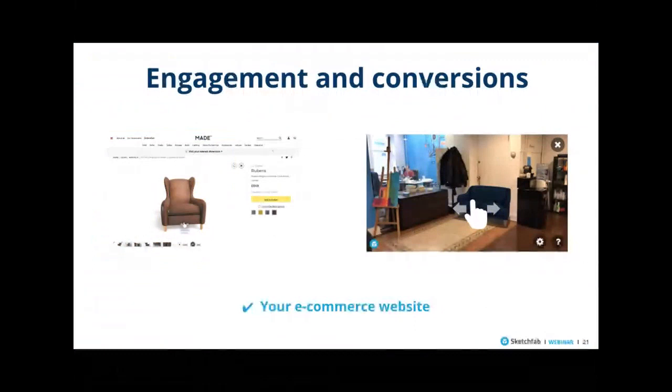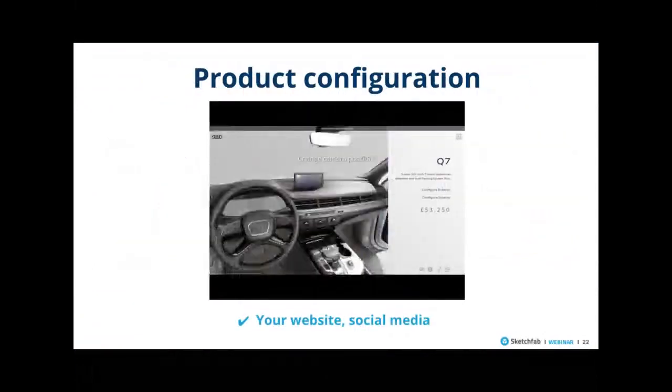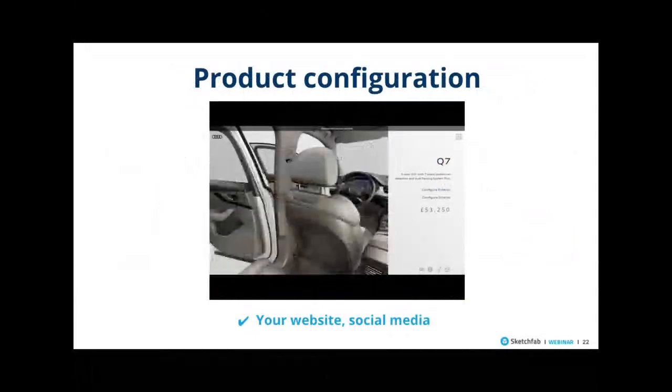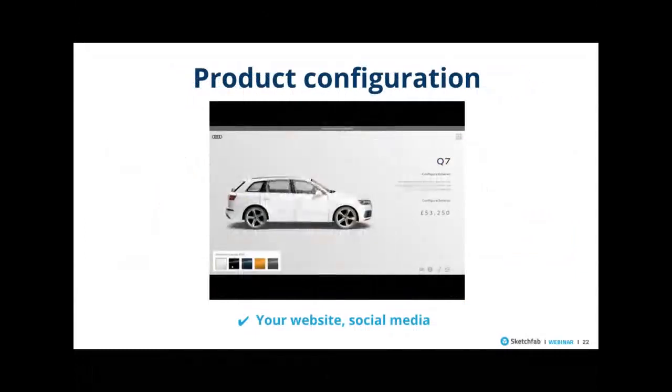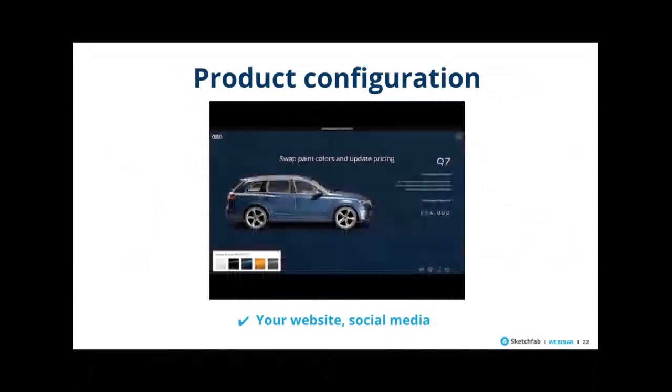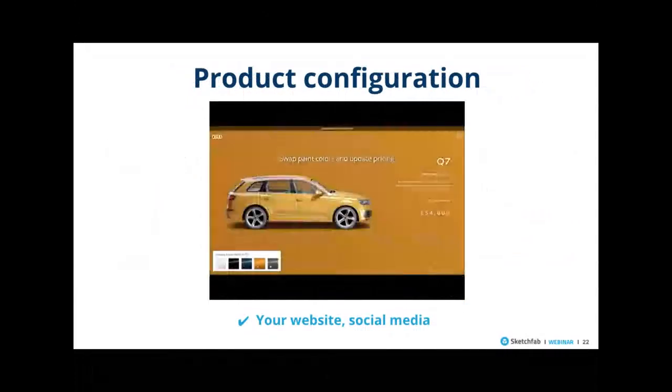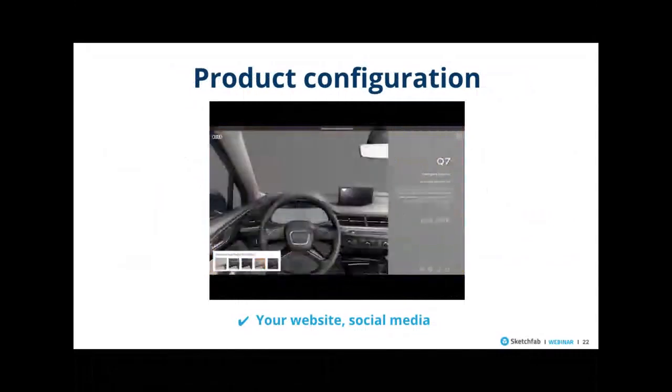Product configuration. So this is an example of a configurable Audi vehicle that allows the user to view from all angles and select the color or the interior. And then